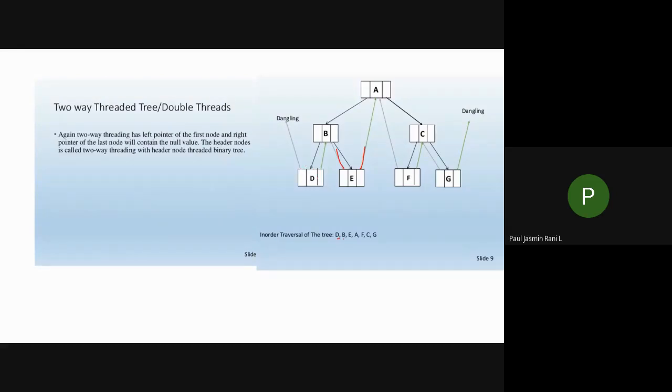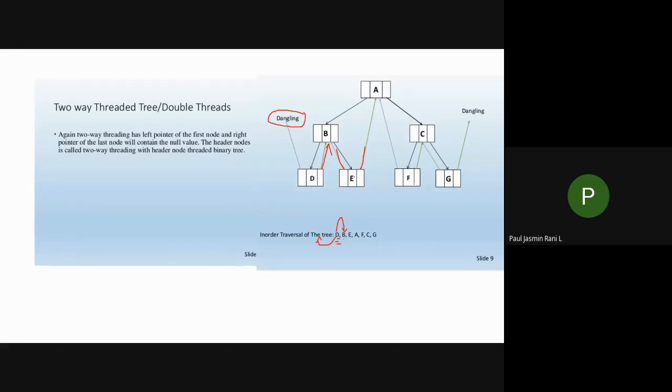It is a leaf node. The in-order successor for this D node is B, so I'm going to mark it. But for the previous node of this one, I don't have anything, so I mark that one as dangling.